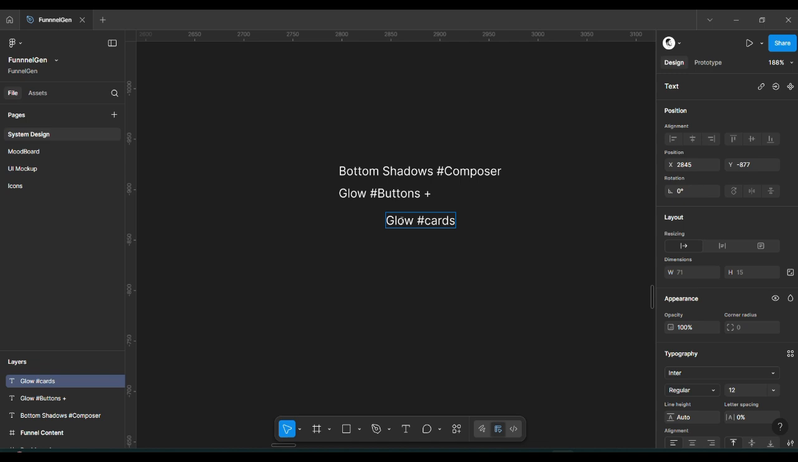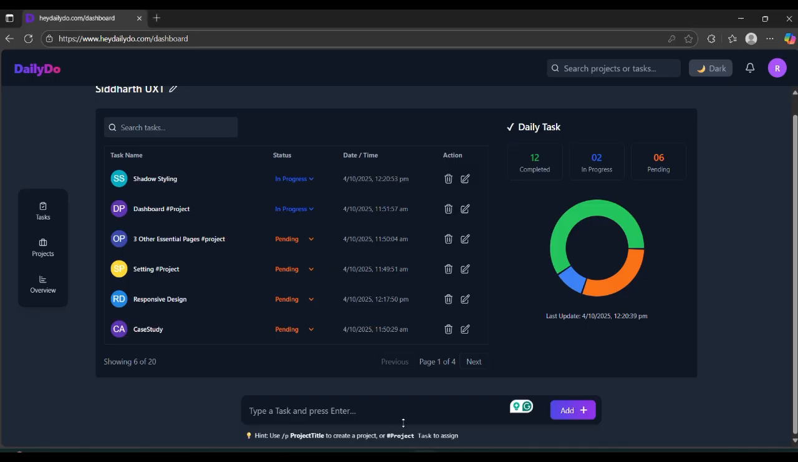sometimes when you create something and there's no shadow on top, or there's a shadow on top but not on the bottom, then it causes a problem. So that is why, also for cards, let's say, and containers. I'll show you an example in my app itself. Here you will see the composer has a bottom shadow,